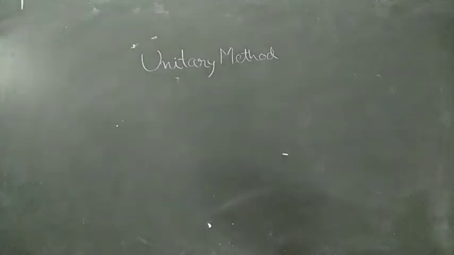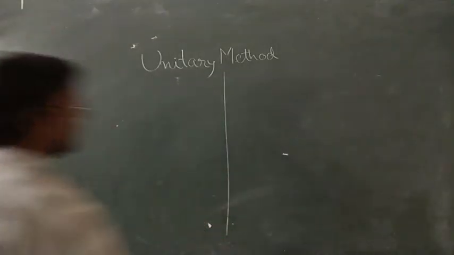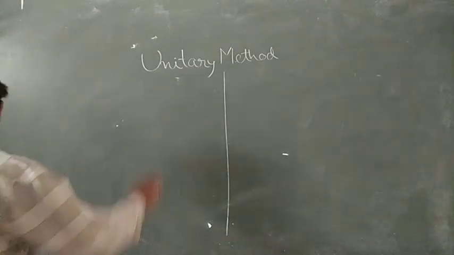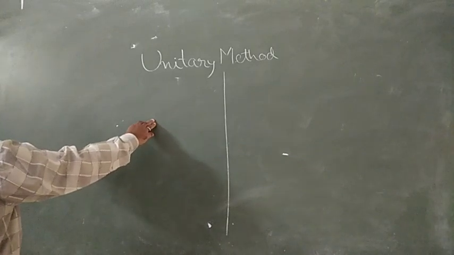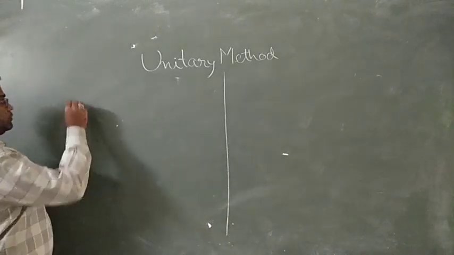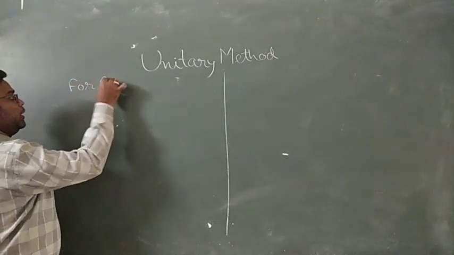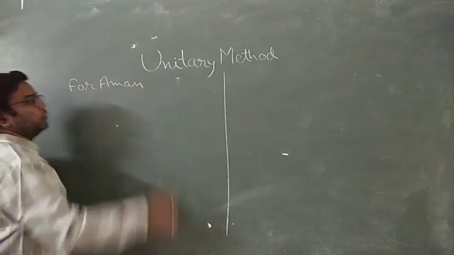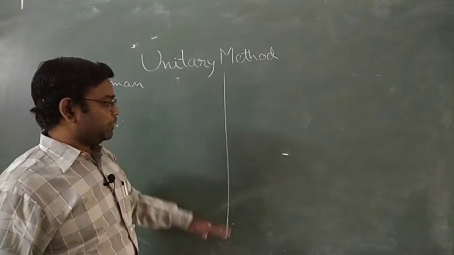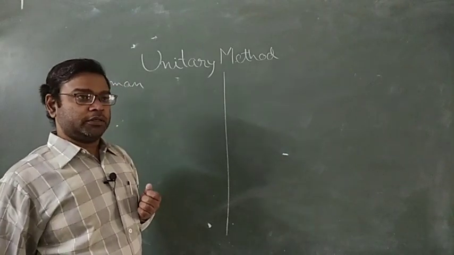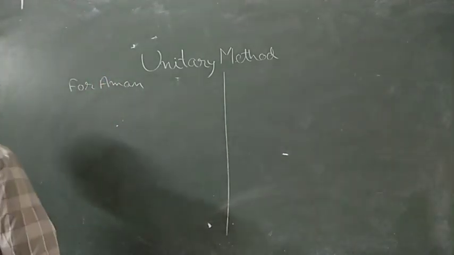It's question number 10 in this book. Let me draw some dividers so that you can easily understand. First part, we are going to discuss Aman's purchase. Clear? Give the heading for Aman. In your copy, you can use up and down because your copy's length is not too wide. Clear? For Aman,